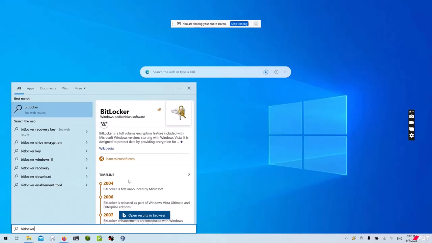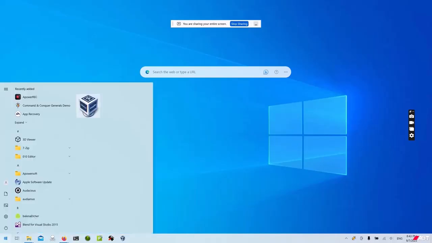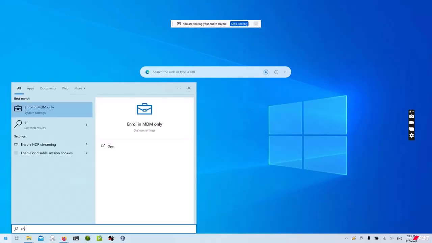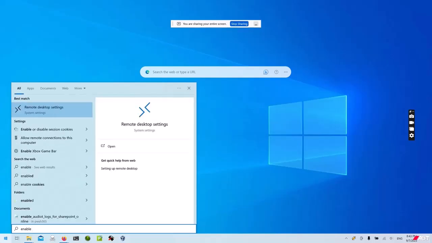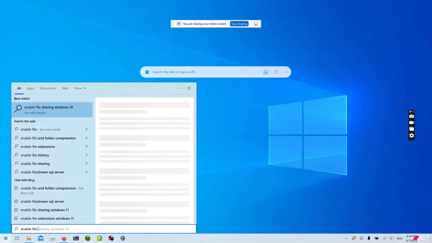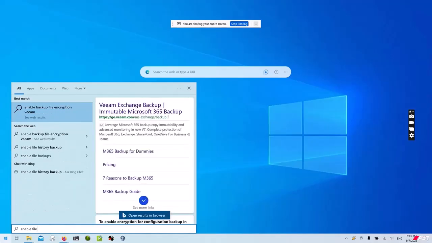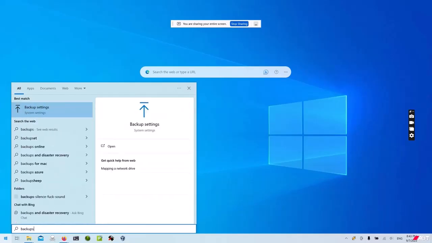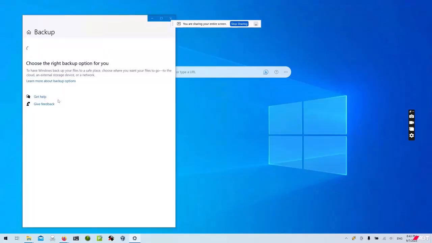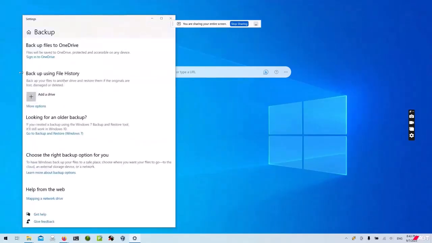You also might want to enable automatic backups, in case your disk breaks and you want to still have access to your data. And so you can search for enable file backups. Search backup settings, and then you can add a drive and do automatic backups. So either you can upload to the cloud, but I recommend